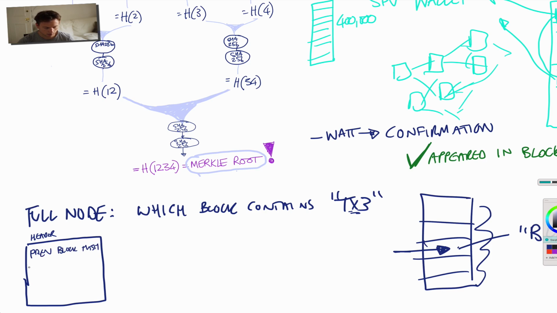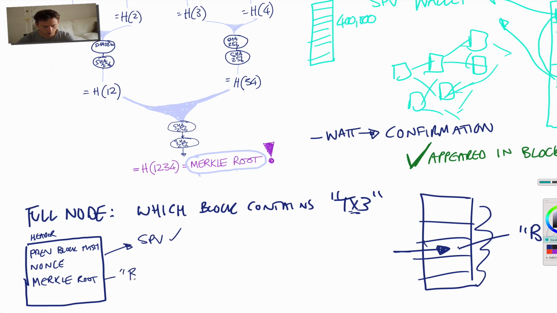It also has the nonce, which was seen earlier in the video, but it also has the Merkle root. And this we do have on our SPV. We do have this information on it. The SPV has all the block headers, but not the transactions. I know I'm repeating myself, but the full node says to the SPV that